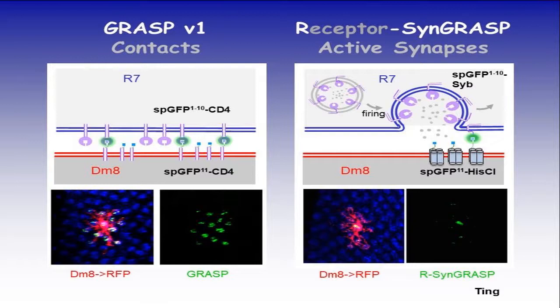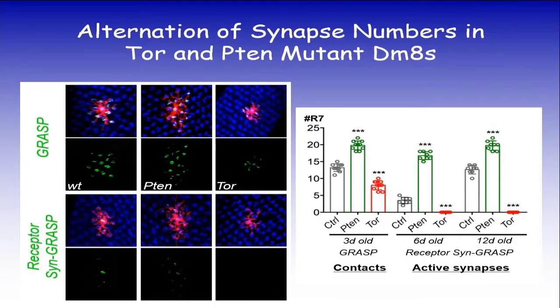This is consistent with our EM reconstruction that I'm showing, that the majority of the synapses are actually concentrated in the central part of the columns. I can also tell you that this represents pretty well what the active synapse distribution looks like. Using this method, we can then show that when you have a larger dendrite, by removing the negative regulator of the TOR pathway, you get more contacts. But surprisingly, you get a very different synaptic distribution, with more contacts but a larger dot in the neighbors.